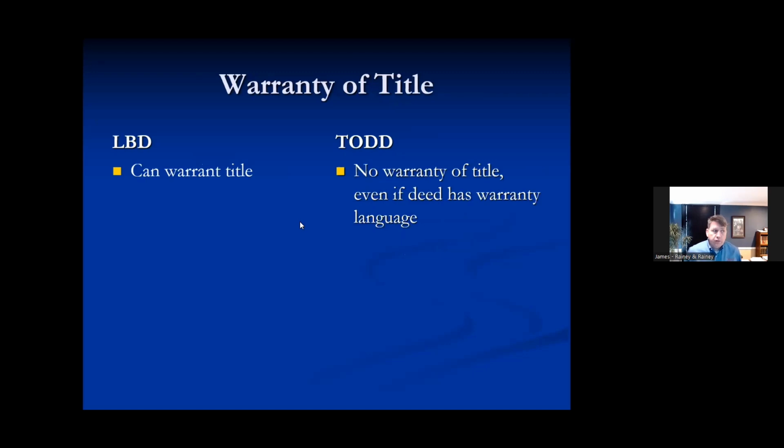Another difference between the two is a warranty of title. A Lady Bird deed is a traditional deed. It's a special warranty deed or a general warranty deed. And we put the warranty language in there that says, I own this property, it's my land. And to the extent I have some sort of title policy that protects this land and my ownership, when I transfer that, my title insurance is saying, yes, I own the property. But with a transfer on death deed, if I sign a transfer on death deed, there's no warranty of title. Even if the warranty of title language is in the deed, it's considered void automatically by law.